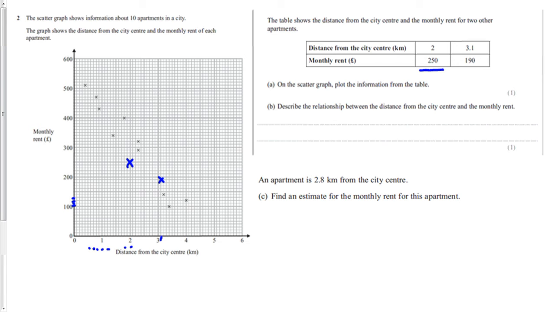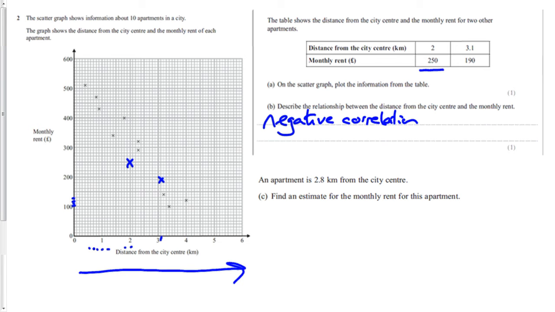Describe the relationship between the distance from the city centre and the monthly rent. You get the mark for saying negative correlation. It's not really what they're asking, but you get the mark for saying it anyway. The relationship that they're actually looking for is that as the distance from the city centre increases, we can see that the monthly rent decreases. So for instance, someone with a low distance from the city centre has a high monthly rent. Someone with a high distance from the city centre has a low monthly rent. So we're looking for an answer of either negative correlation or the further away from the city centre, the lower